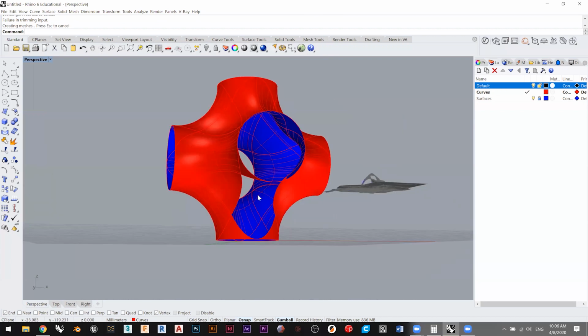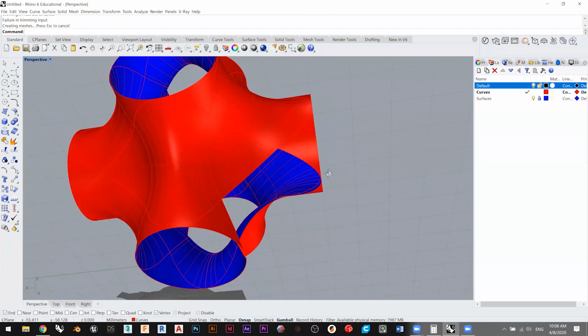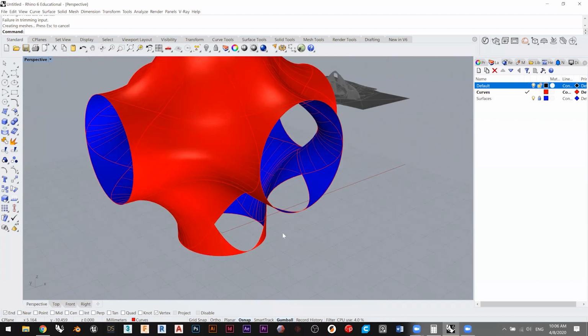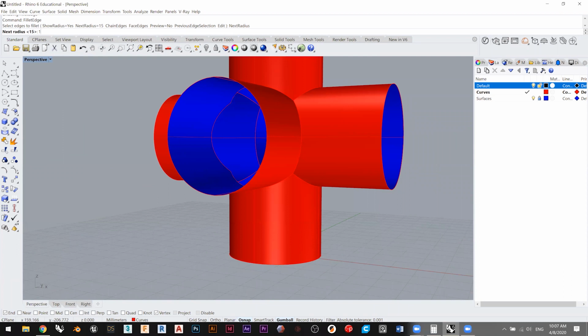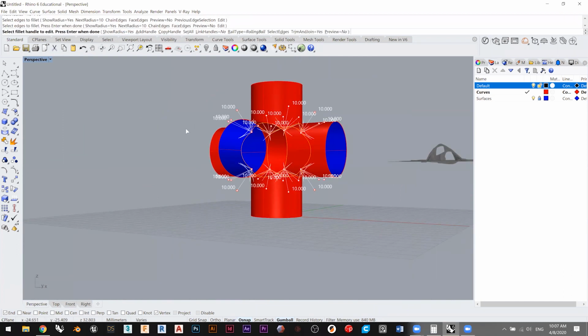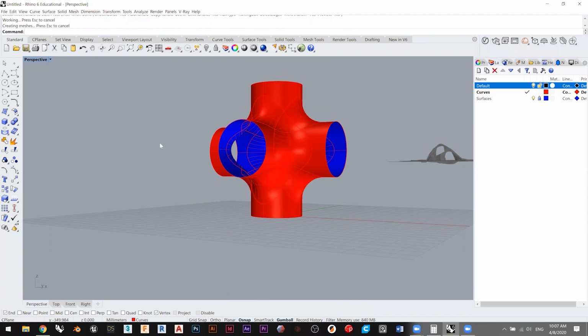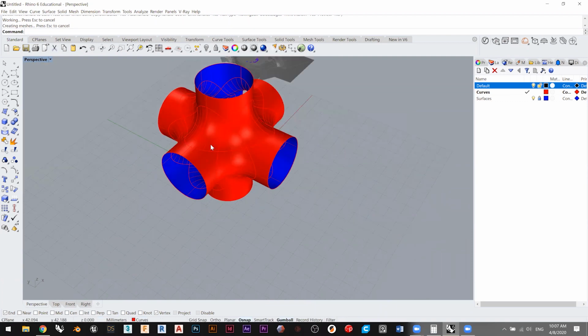Give it the radius. Oh, it broke. Why did it break? Is it too close? I think I messed up with this edge. Okay, let me give it a slightly smaller radius. That will work. Like that. Yeah, there we go. Right, so